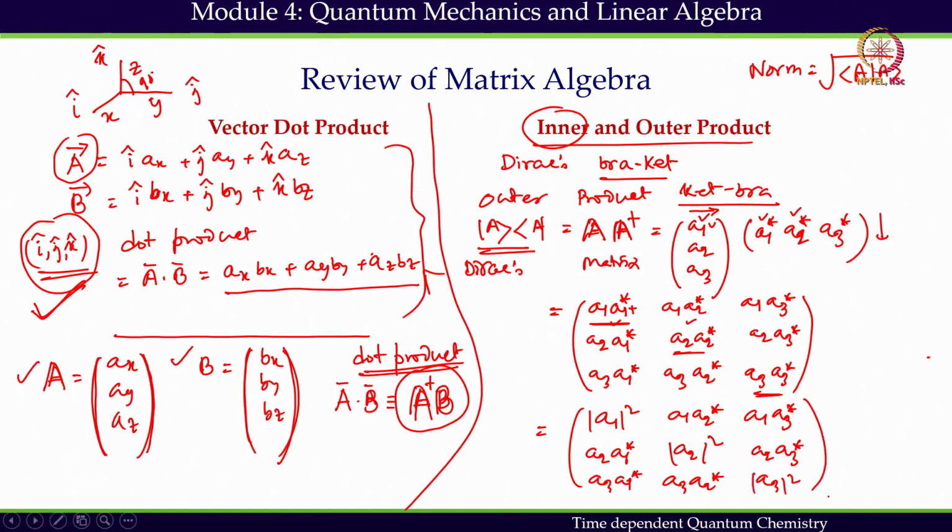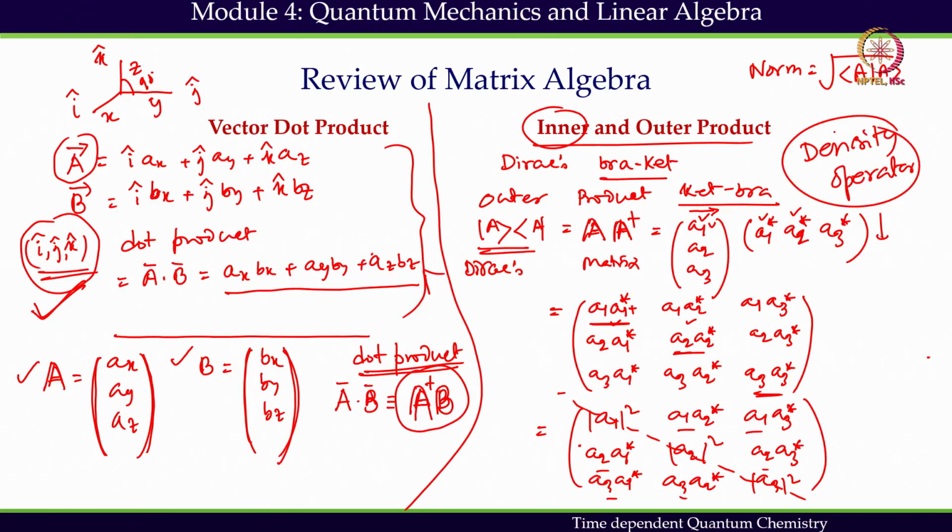Okay. So, what we see is that in the diagonal term we get individual absolute square, and in the off diagonal terms, we get the cross terms. This kind of Ket-Bra notation will be used to represent the density operator. We will come back to the density operator at a later stage, not right now. It is related to the density operator. We will come back to this later, but inner product, we have understood inner product is going to be bracket